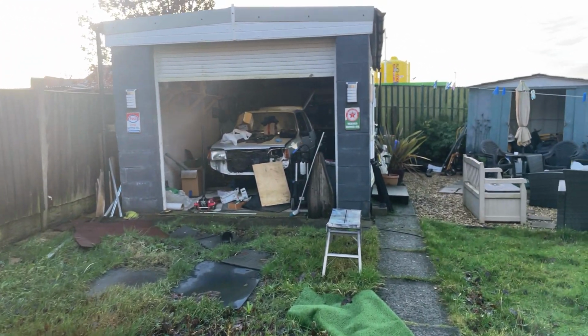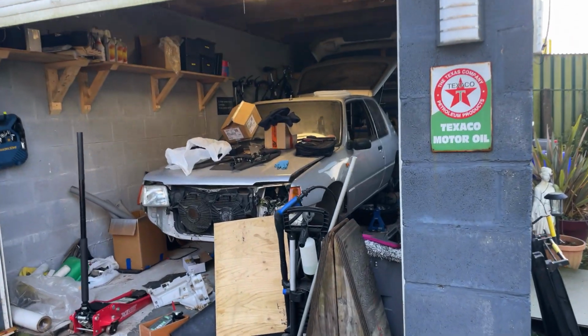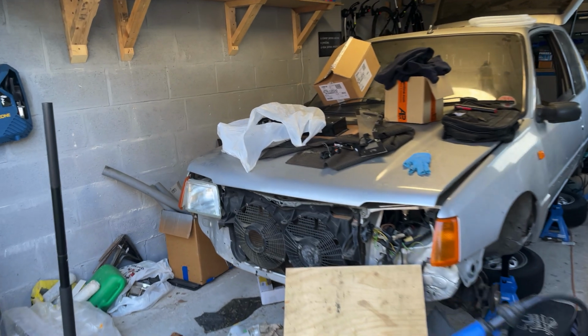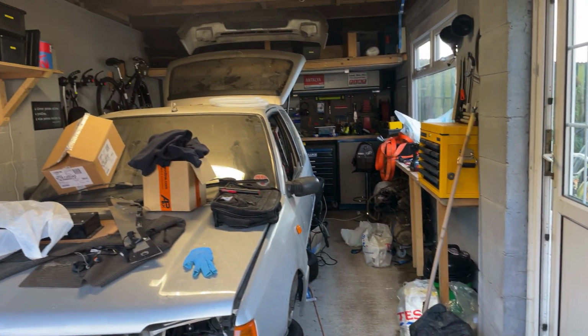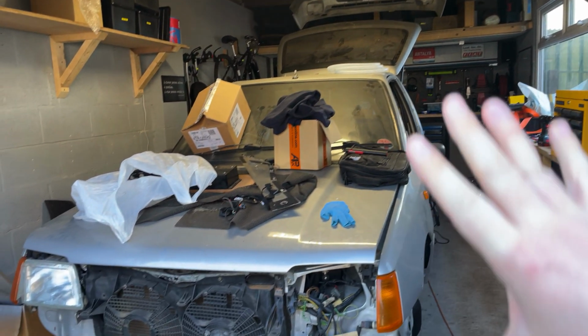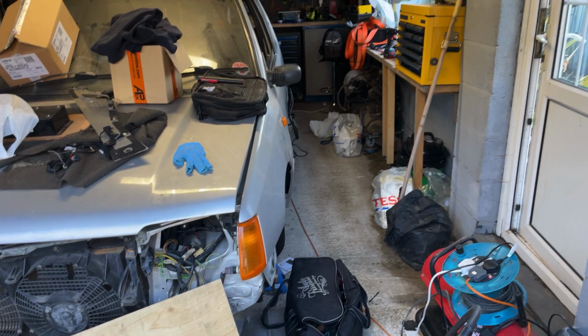Now onto the 205 GTI. As you can see, my garage is very, very messy. Nothing's been done in here for a long time, and I can't work in here because I'm so disorganized. After the camper van's done, I'm going to be working on this again. But in terms of the mess in the garage, I'm working on this because what I want to do